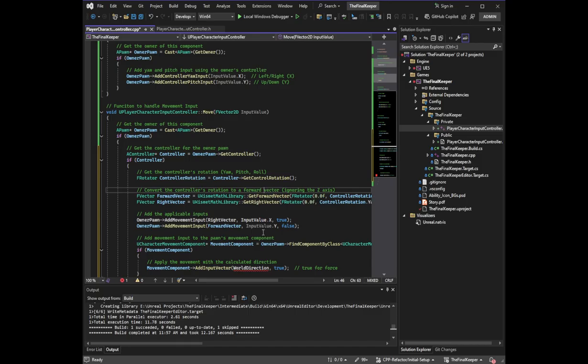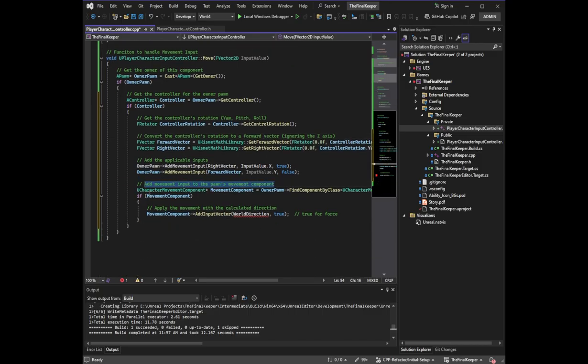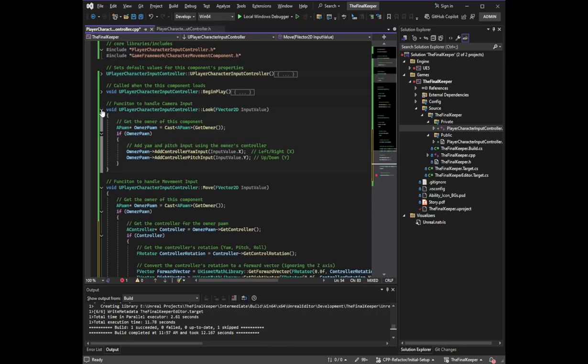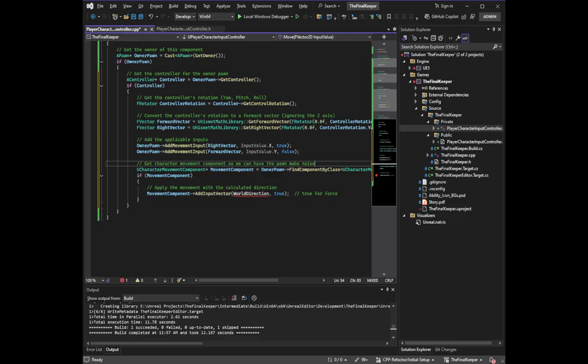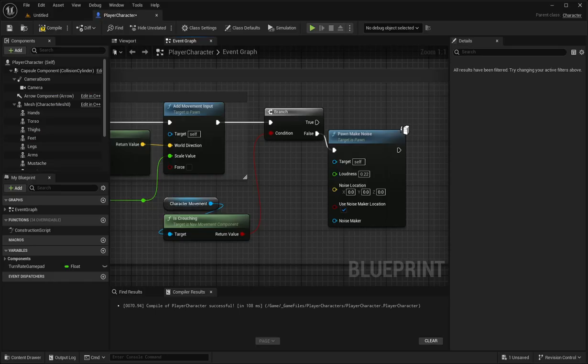Get character movement component so we can have the pawn make noise. So then what we need to replicate is character movement component, if movement component, and movement component dot is